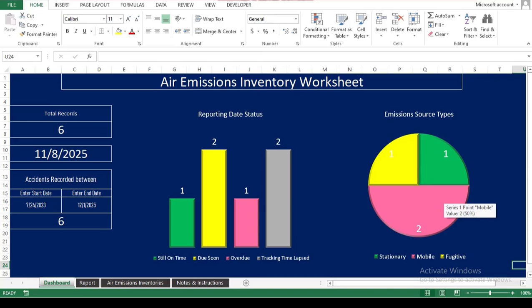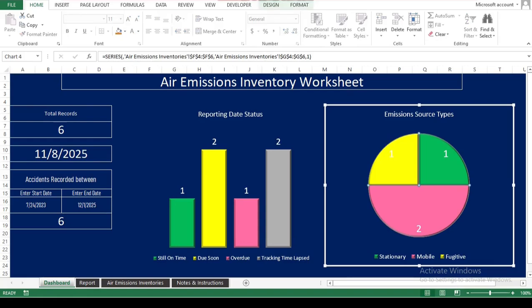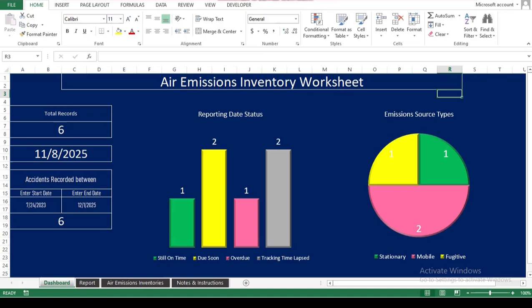Stationary, green, represents fixed sources like generators or boilers. Mobile, pink, covers emissions from vehicles or moving equipment. And fugitive, yellow, accounts for leaks or uncontrolled releases from valves, pipes, or tanks. Using this chart is beneficial for quickly assessing which source type contributes most to emissions, helping in data-driven decision-making and